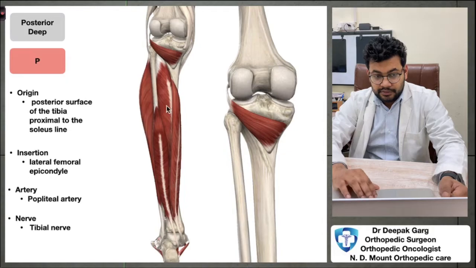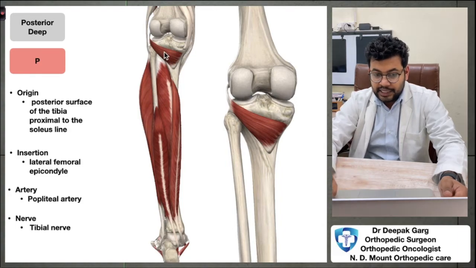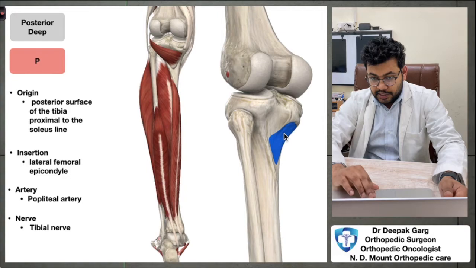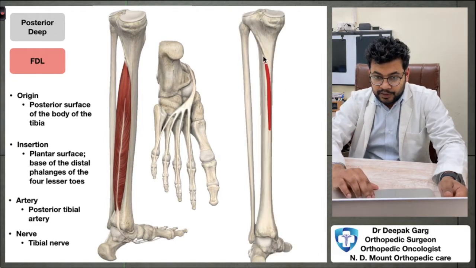Then we have the deep compartment of the posterior compartment, and this is the popliteus muscle, which has an origin from the proximal posterior aspect of the tibia proximal to the soleal line and will go and insert at the lateral femoral epicondyle. Then we have the flexor digitorum longus muscle, which has an origin from this soleal line,